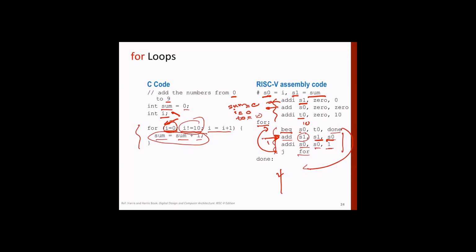Then unit is a constant, right? But you don't know what S0 contains. S0 is not a constant. And S0 value is changing, right? You're changing it to 1, 2, 3, 4, and so on. All right. And you're incrementing it, right? So value of S0 is changing. So you can't use add I, because add I will always have this field as constant. Now, wherein here, because you are increasing the counter always by 1, so this value 1 we know, right? So we can use add I here.